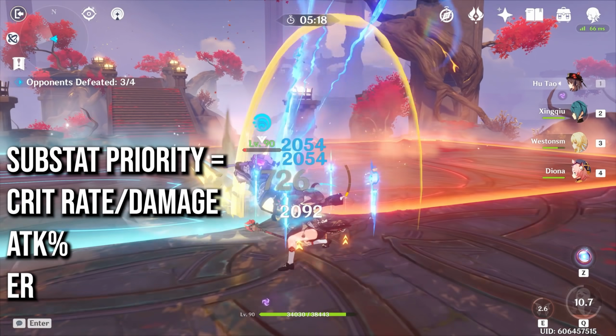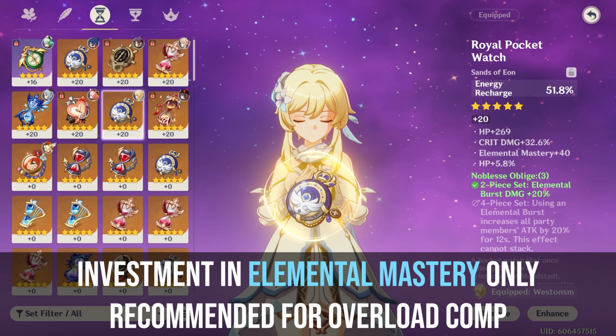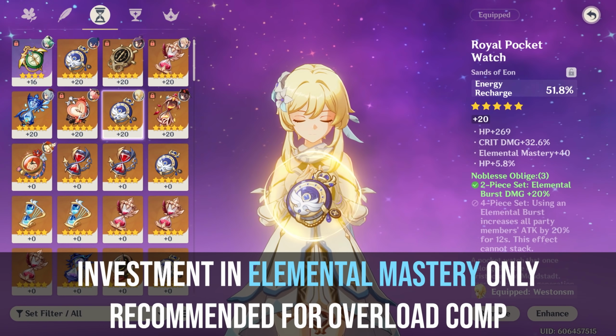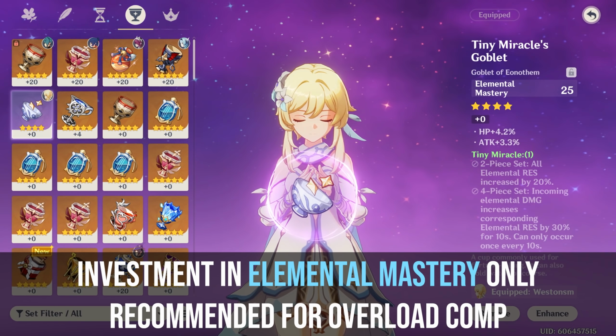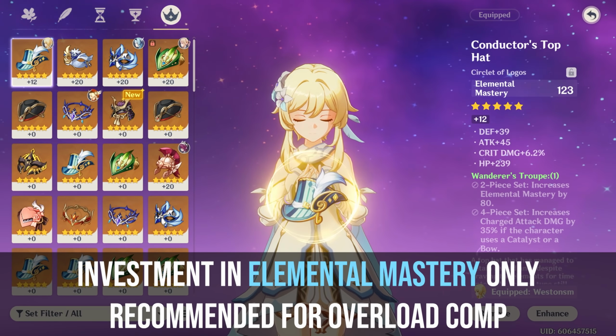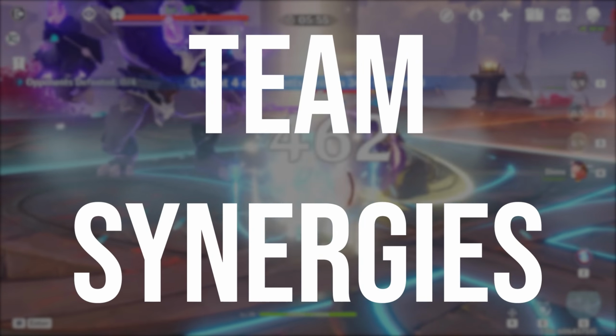Burst uptime is still critical for this build, so you'll not want to sacrifice your energy recharge stats. For this particular build, I'd still prioritize an energy recharge Sands, but would swap the main stats on the Goblet and Circlet for EM. Finally, let's discuss team synergies and some new options that I believe this character will open